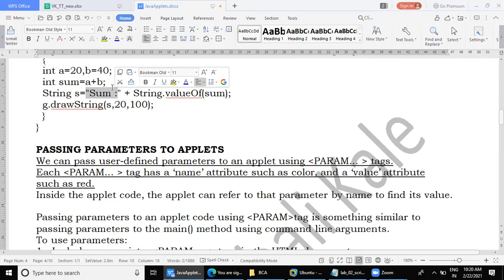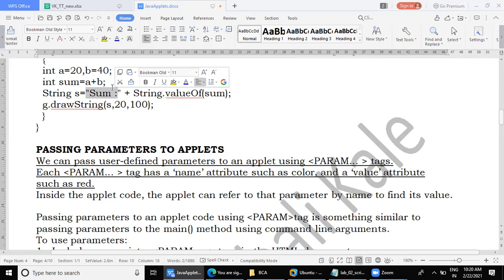And you know, from the string class, we learned some methods. Can you name few? Length, toUpperCase, toLowerCase, charAt, indexOf, whatever. Clear? Similarly, there was one method called valueOf. I have given in the notes.